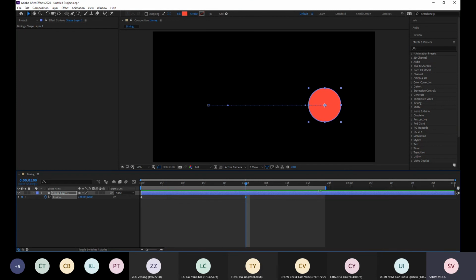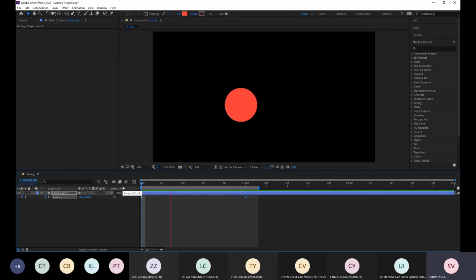the right hand side. Okay, this is a 1 second animation. Okay, so maybe you're wondering why I'm still teaching you how to add in a keyframe. It's very simple. You should have learned this in the last semester. But today, actually, we're talking about the timing. Okay, this is not a good timing because we are using a constant speed.